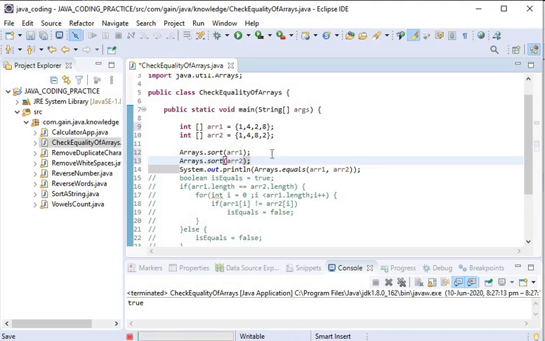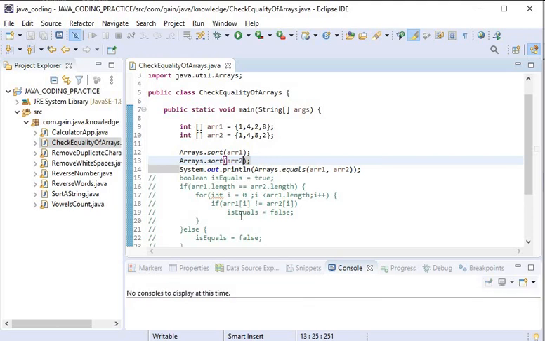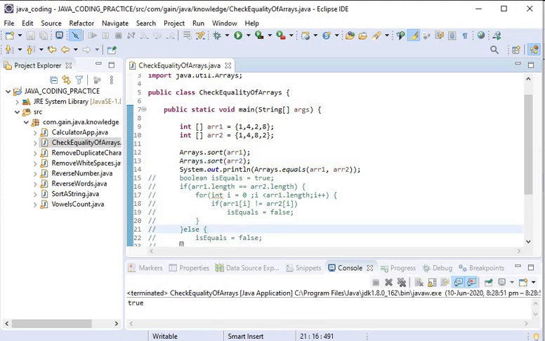Now if I compare both arrays, after sorting both have the same positions and it will return true. Here we can see the output, true.